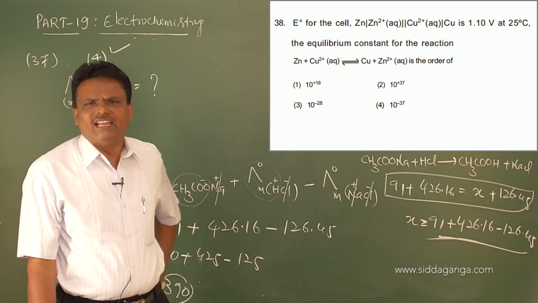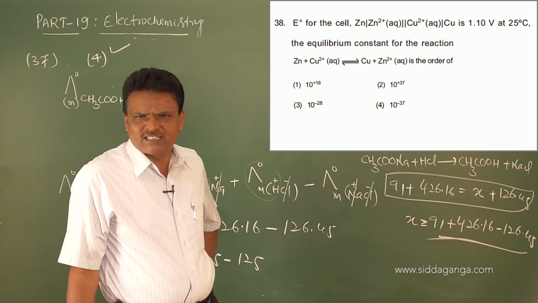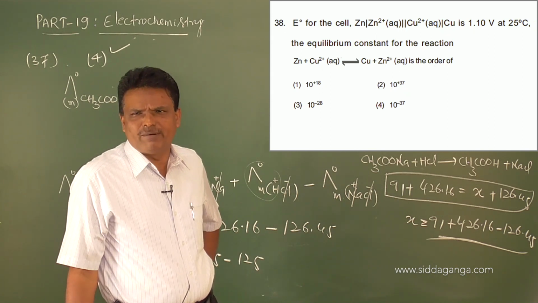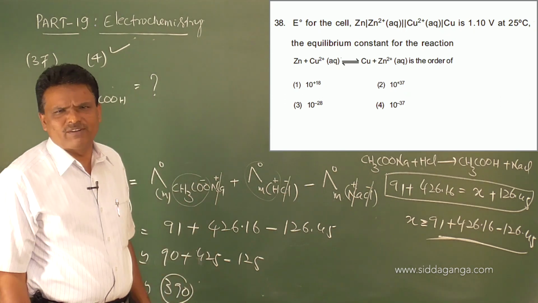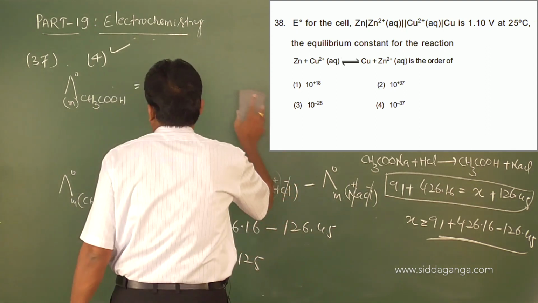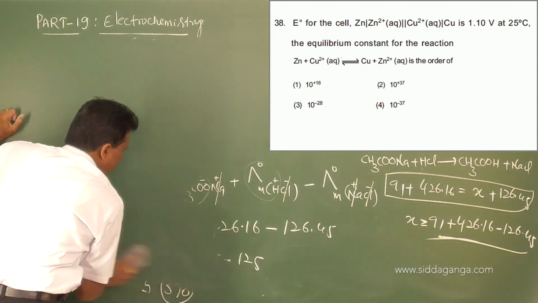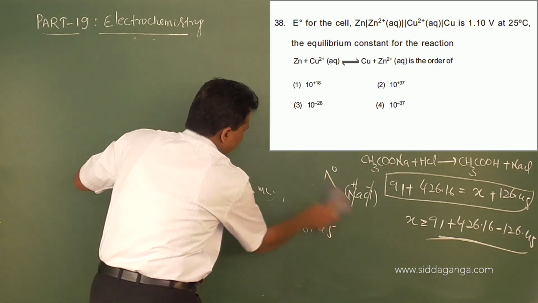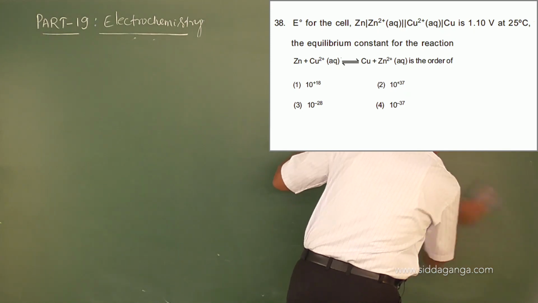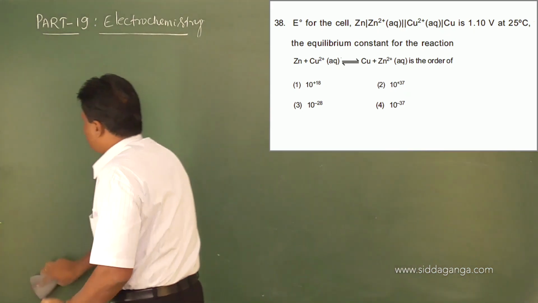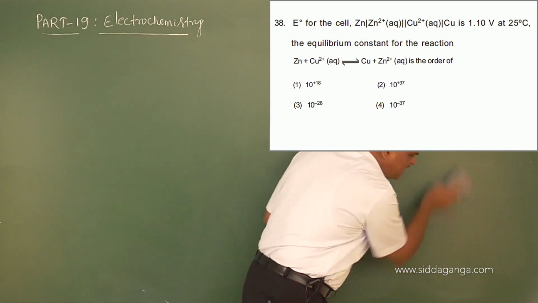E0 for the cell, zinc to zinc ion aqueous state, copper ion to copper, is 1.1 volt at 25 degree centigrade. The equilibrium constant for the reaction is, so equilibrium constant. How do we calculate the equilibrium constant? According to the applications of the Nernst equation,